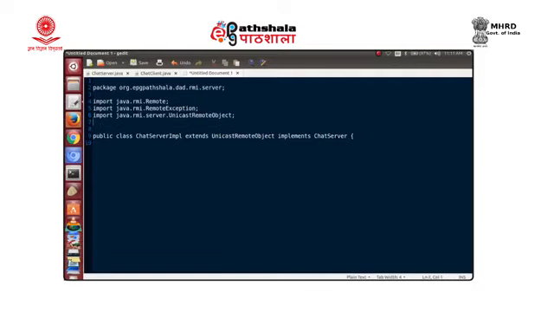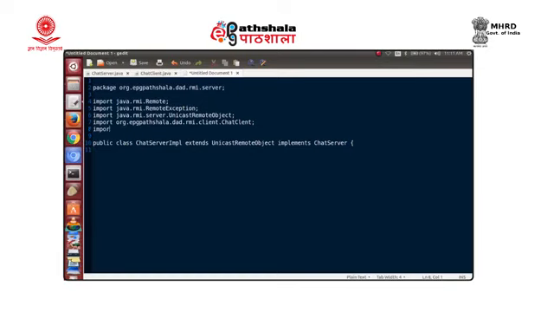We are also using org.EPGPathshala.DAD.RMI.client.ChatClient. We will be managing our objects in a map, so we need java.util.Map as well. Let us start writing the implementation. Since it is a non-abstract class, we will be implementing all the methods from our chat server interface.